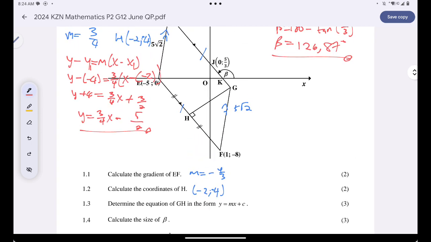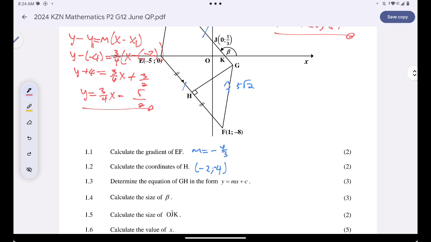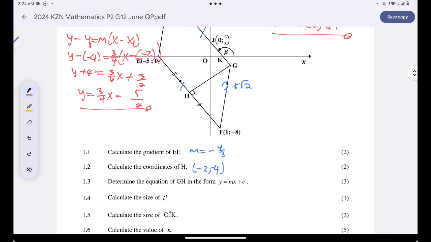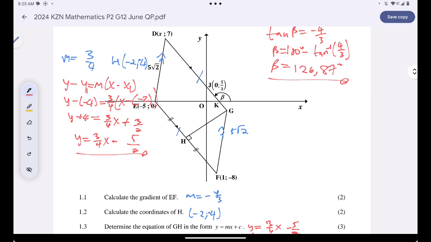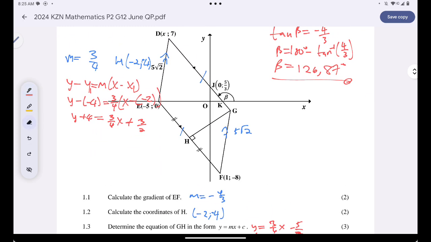Now I know the angle of beta. They want me to find the size of OJK. 126.87, and then this equation y is equal to 3 over 4x minus 5 over 2. Okay, the angle of OJK, please note that, guys,